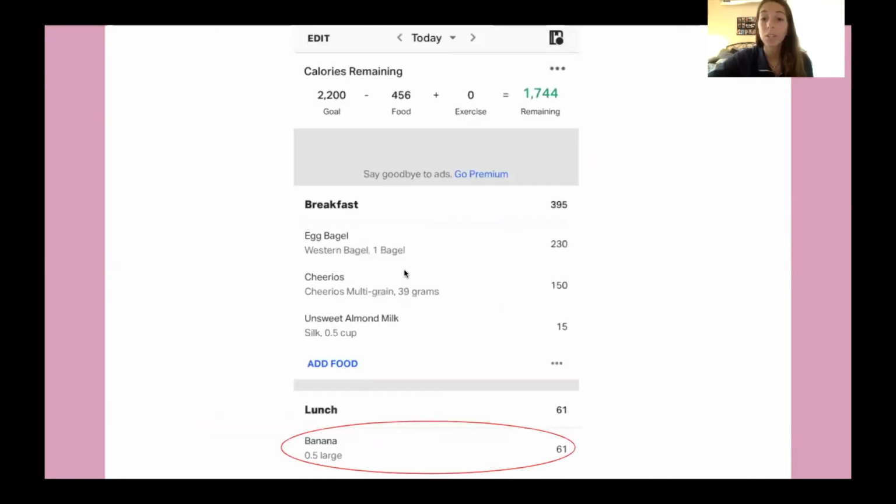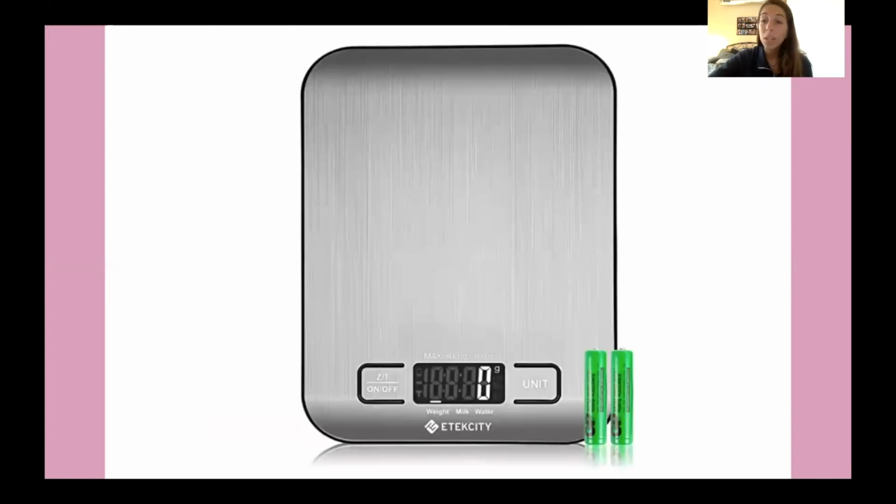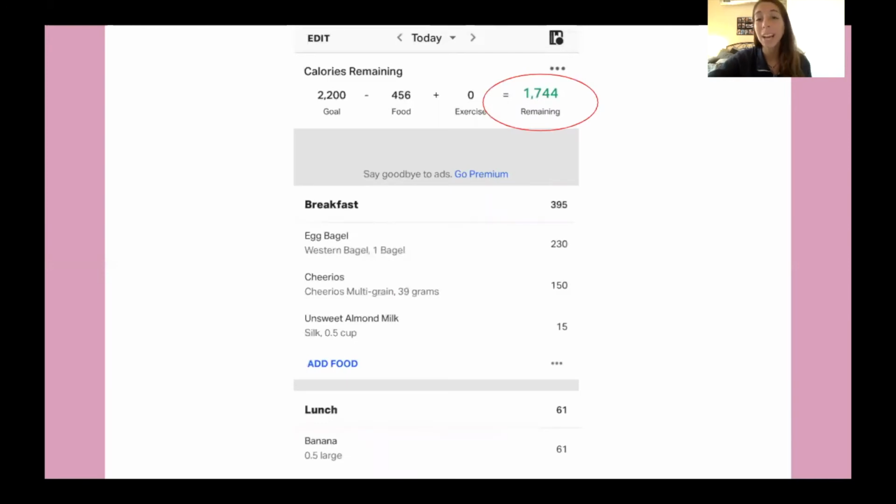Another way that you can track your macros is by measuring using a food scale. So I had Cheerios this morning for breakfast, and I measured out 39 grams. Using a food scale is the most accurate way to track your macros. You can order one of these for like $10 off of Amazon. So now you can see I have